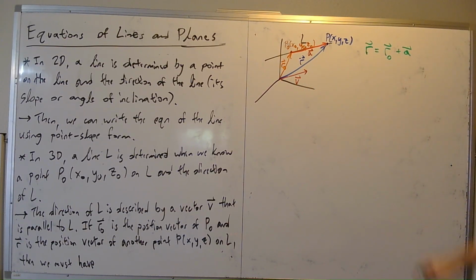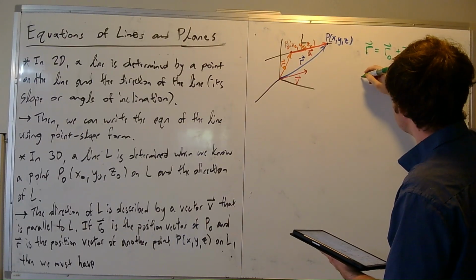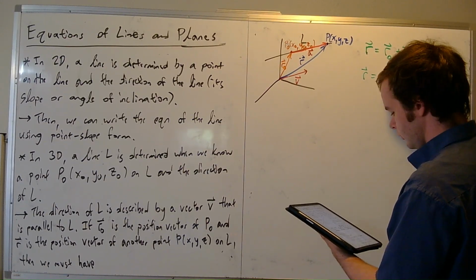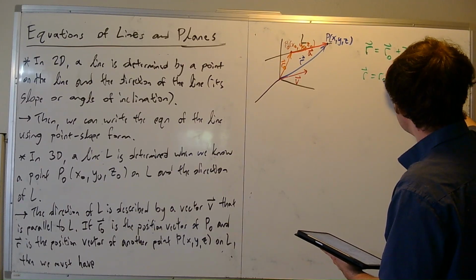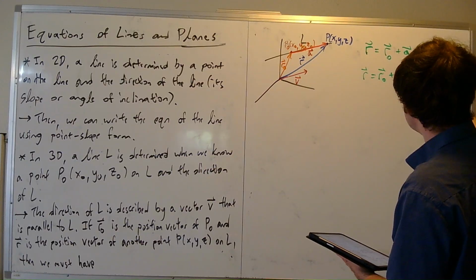R is equal to R0 plus A. And another way of writing it is that R equals R0 plus T times V,